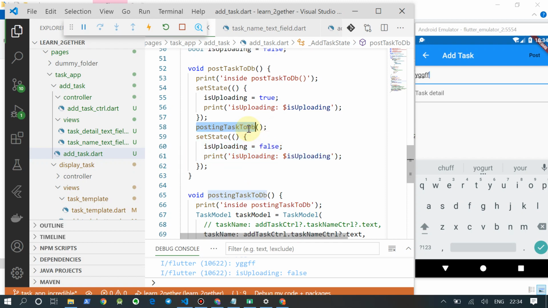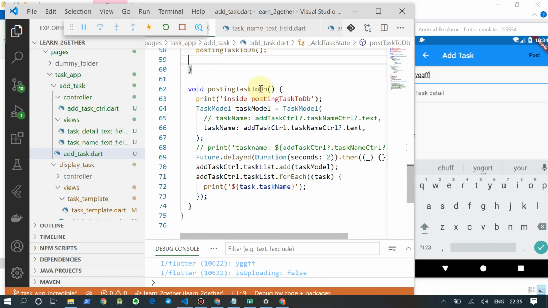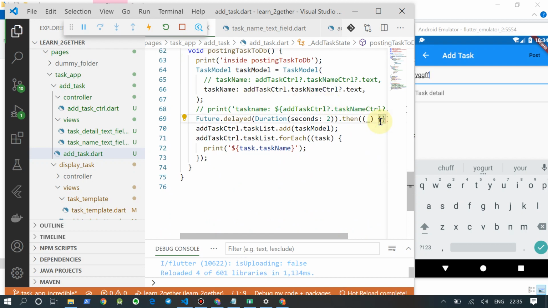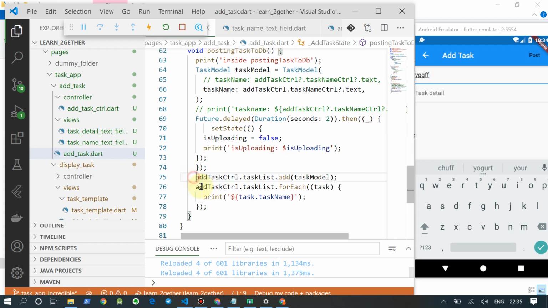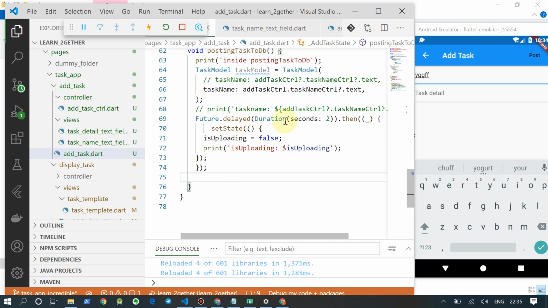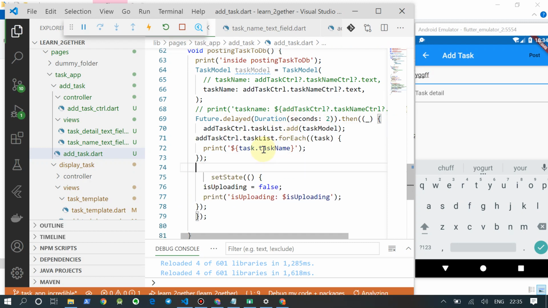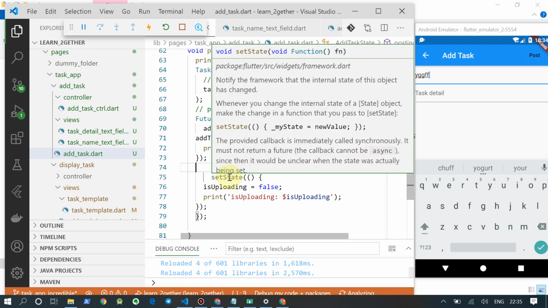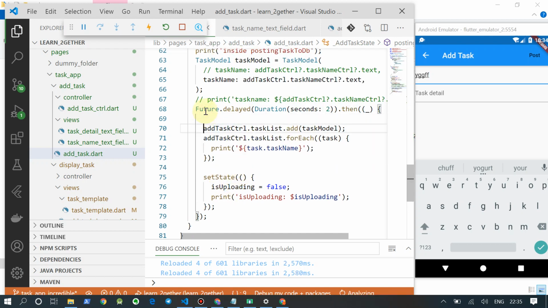So this posting is in the future, so actually this set state should be inside the future. And one more mistake is that nothing is inside this future, so the statement adding into the list or backend, whatever is there, should be inside the future. Now let us see.